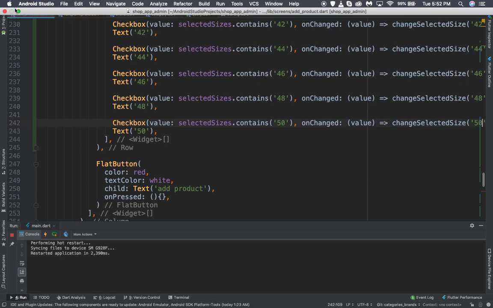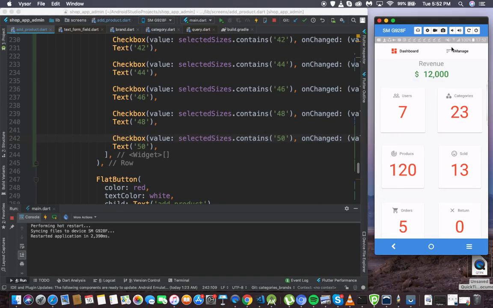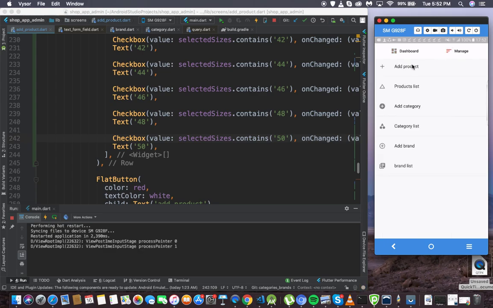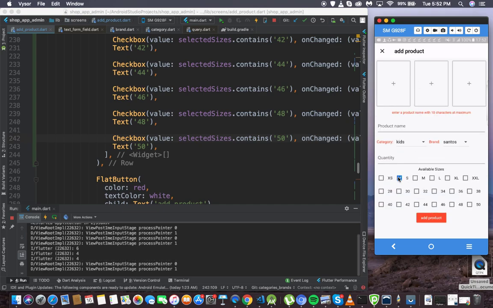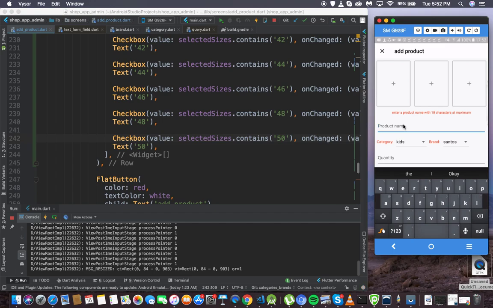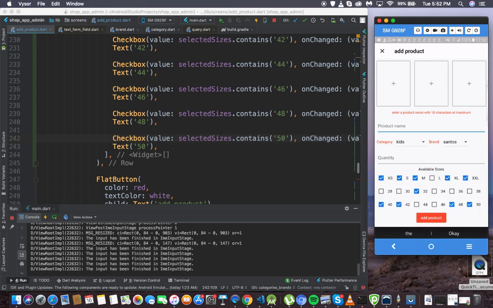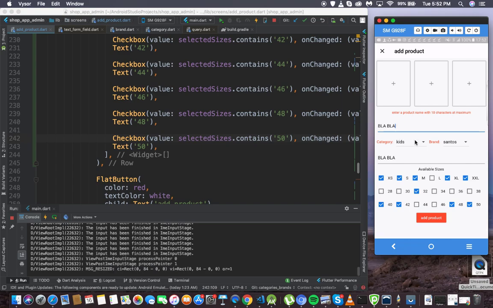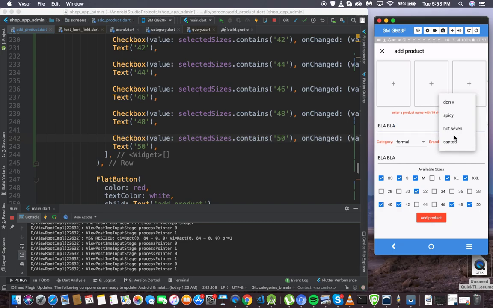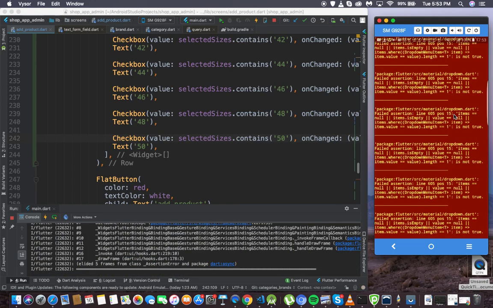Let's check all of this work, what it has done for us. You see, now you can just pick the available sizes, and the picked sizes are going to be the available sizes for that particular product. You see how amazing it is? Super good, isn't it? So you can choose the product name, you give blah blah blah, the category, you just pick here, formal, the brand, spicy, and